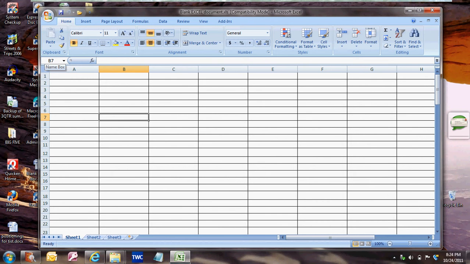Okay, so let's start putting in some data. And let's put in some books of the Bible. So let's start by putting our cursor in cell A1 like this, and let's type in some well-known books of the Bible. Let's start with, say, Genesis,